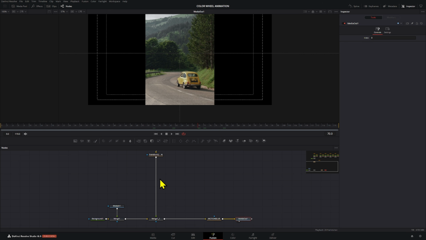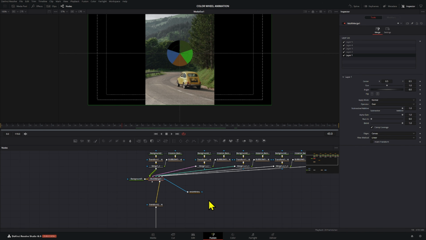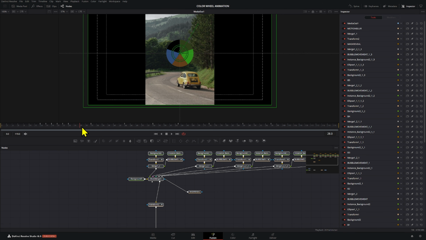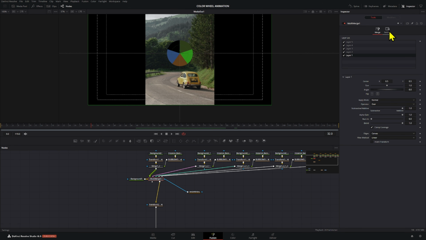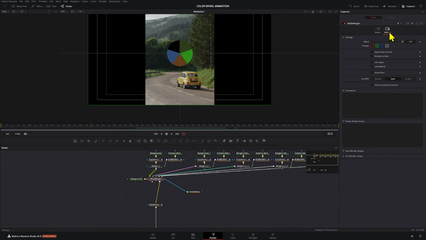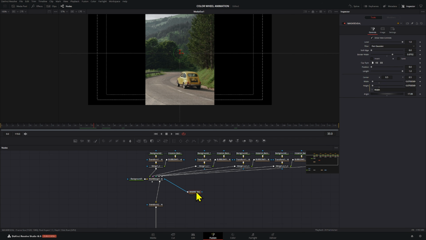So to fix that, we have to make sure to go to the multi-merge node, and let's say here at 32, which is when that ends, we're gonna set the multi-merge node to go from the mask settings to apply mask inverted, right? So we're gonna create a keyframe right here, and then go 1 frame forward, and then click these and activate these. That's gonna make the mask disappear, but don't worry, we're gonna go here to this mask,